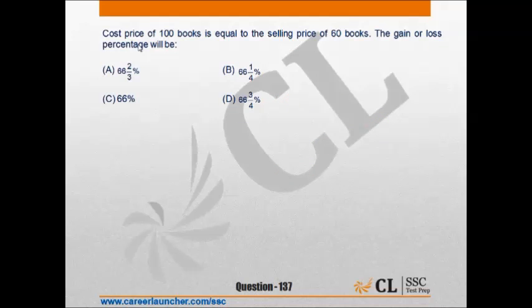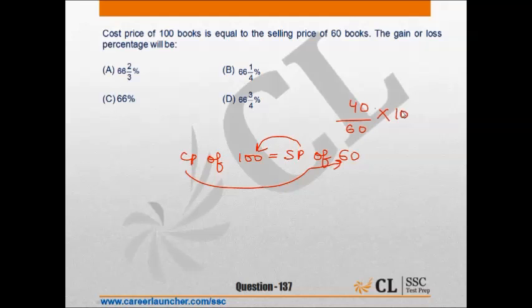The next question is, the cost price of 100 books is equal to the selling price of 60 books. The gain or loss percentage will be. Now I can write that CP of 100 books is equal to SP of 60 books. Now my SP will be rupees 100 and my CP will be rupees 60. Therefore, I get a profit of rupees 40 over 60, that is the cost price, into 100. This would be my profit percentage and this would come out as 66 2/3%,